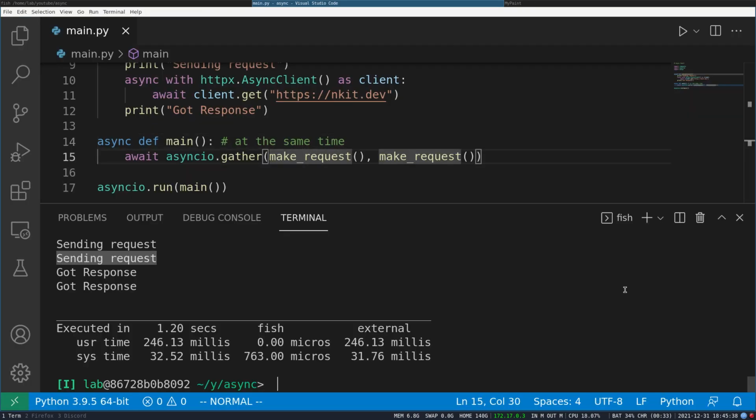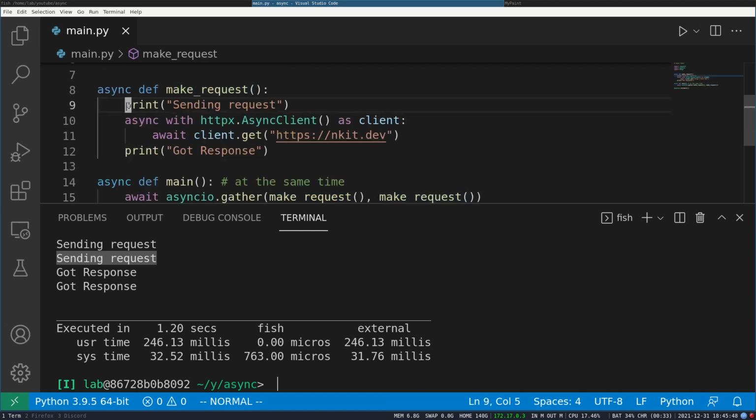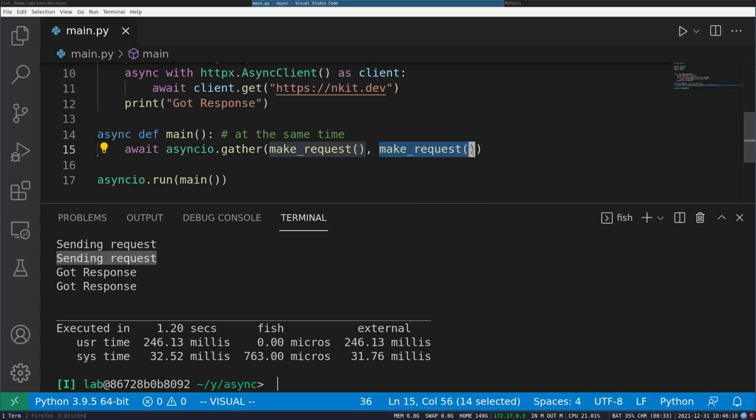Now one thing to note here is it will only move on to the next function when this says that I am waiting. Now let me explain what that means. Whenever we call some function by await, or whenever we call an async function, we are saying that this function will have to wait before giving the output back, before returning the value. So here we are making the request and we are telling Python that this function might take some time to return, and until then you can execute another function. So then it goes to the second make request.